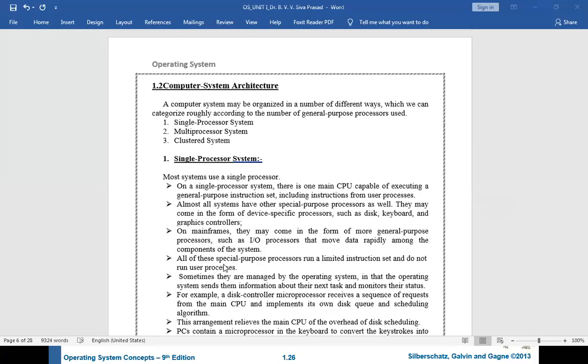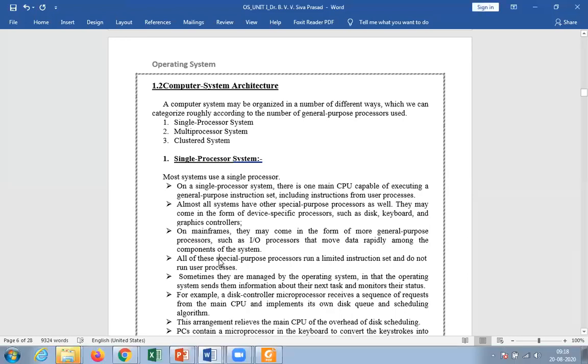Next, all of these special purpose processors run a limited instruction set and do not run user processes. The purpose of these special purpose processors is that they execute the specific hardware only.